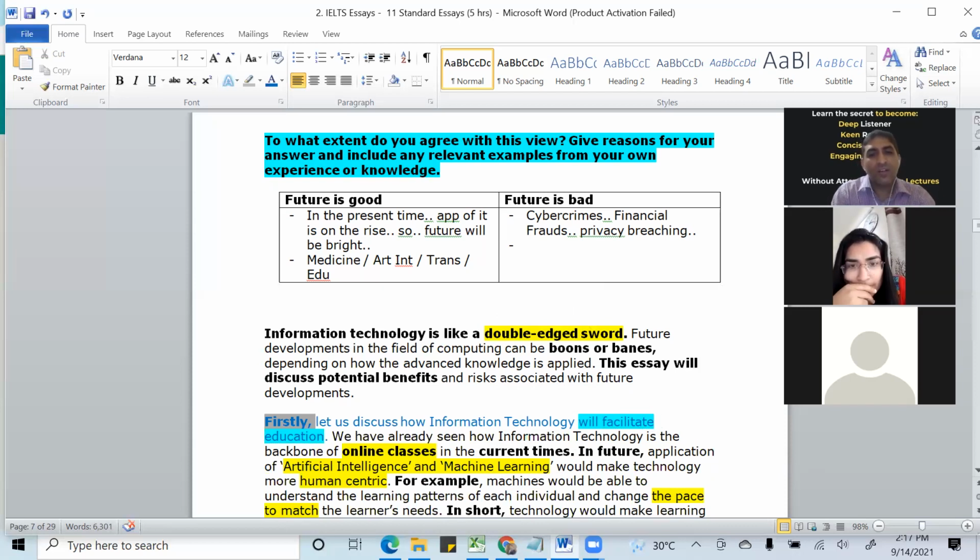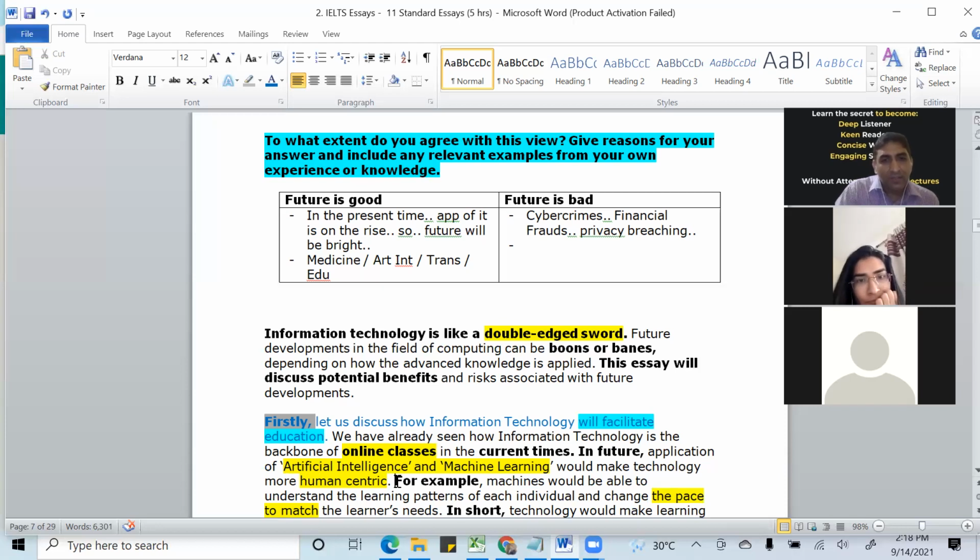ओके ओके, how it will facilitate education, मतलब मेक इट इजी। फैसाइल मतलब होता है इजी, तो उससे बोल रहा है फैसिलिटेट। We have already seen that information technology is the backbone of online classes in the current times. In future application of, इन फ्यूचर मतलब करंट की बात से लेकर ये फ्यूचर में जा रहा है। क्यों जा रहा है? क्योंकि क्वेश्चन ही फ्यूचर का है ना भैया। तो इसने ऐसे तीर कमान उठाया और बोला, फ्यूचर में जाके देखो। So he took base in the current and then about the future, would make technology more